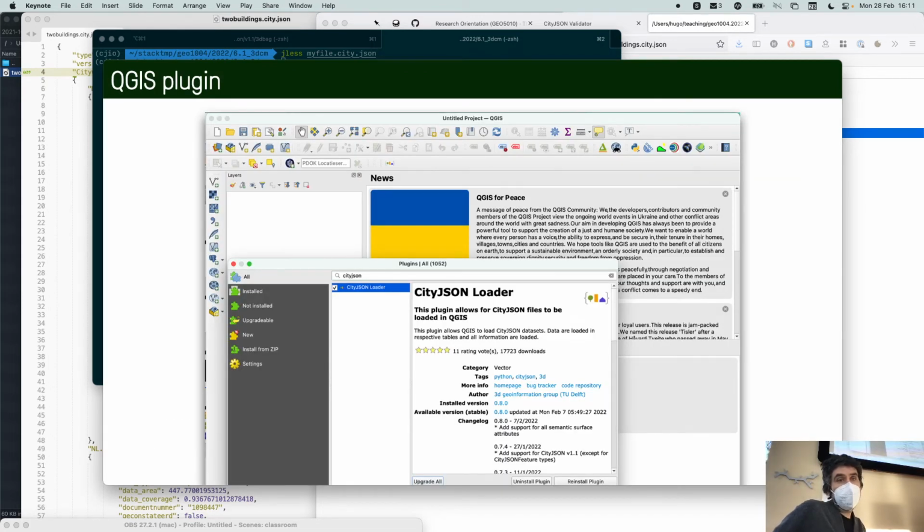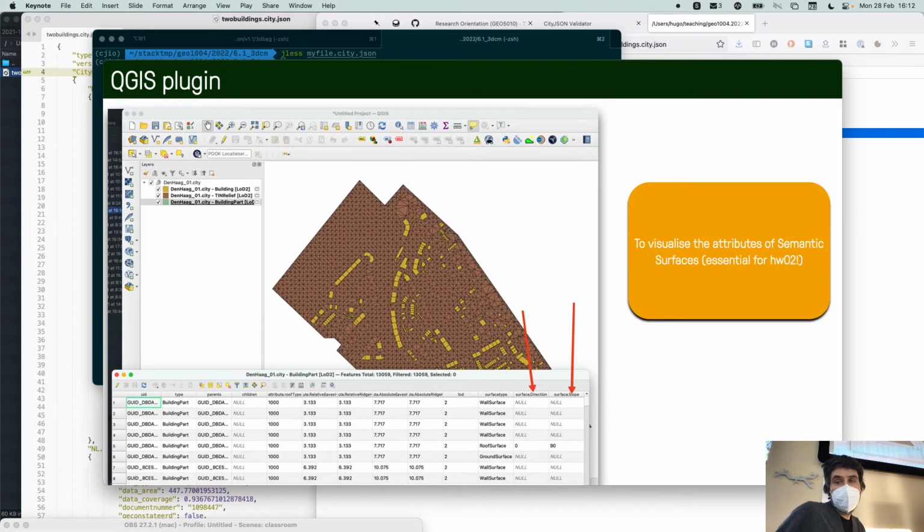We also have a QGIS plugin. If you want to visualize your data, but also explore them, we have a QGIS plugin that was also developed by Stelios Vitalis. You need to go into the plugin manager, install the CityJSON plugin, and then you can load files, and you can also visualize the attributes of semantic surfaces.